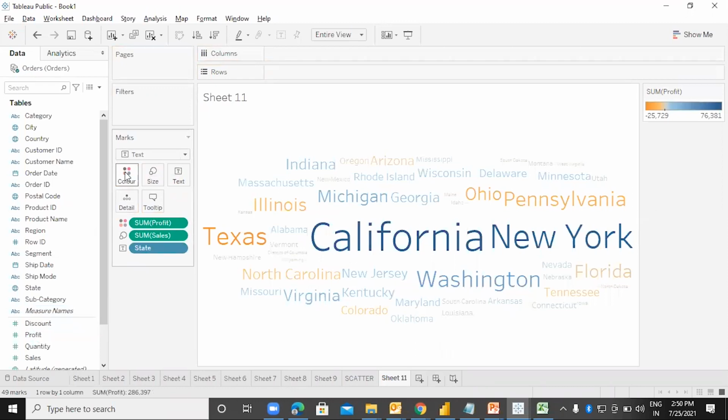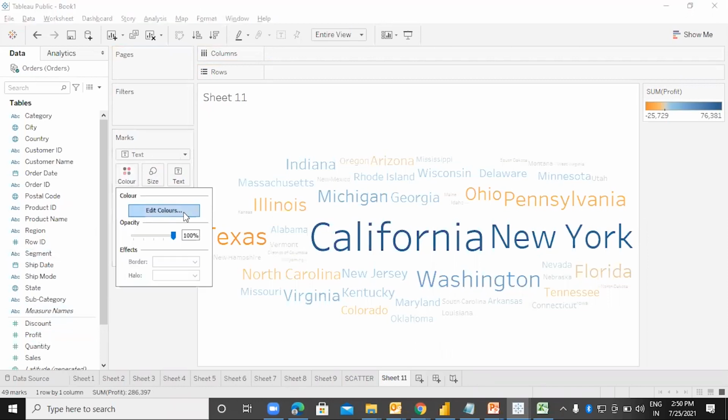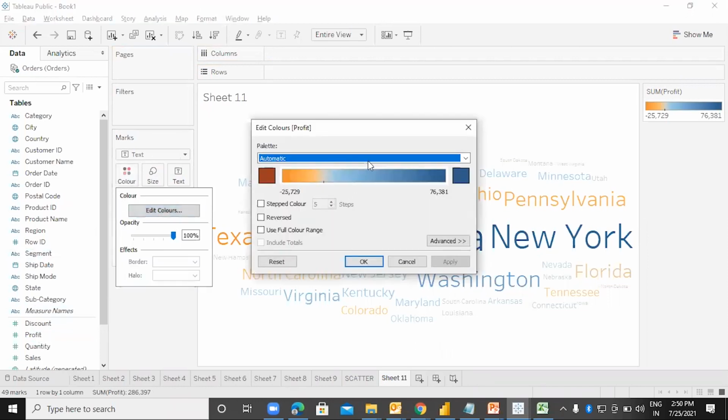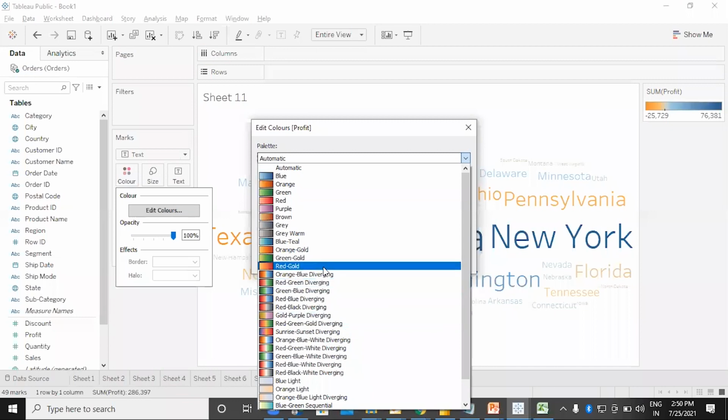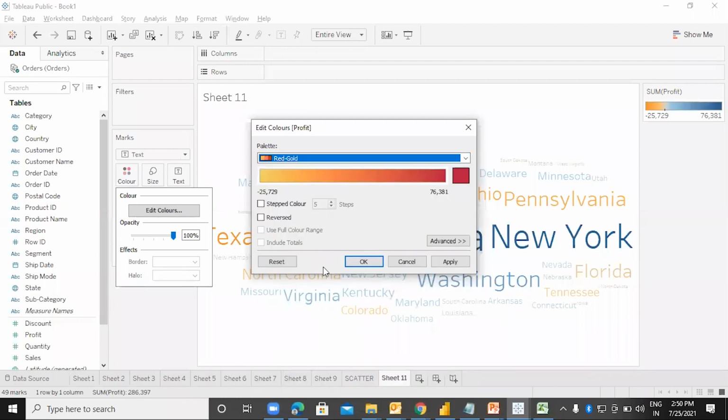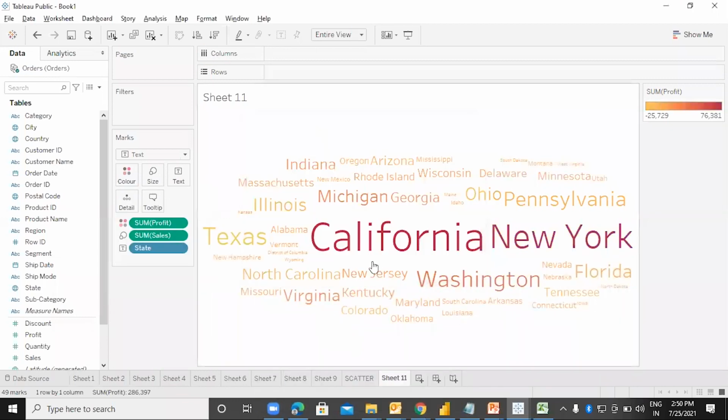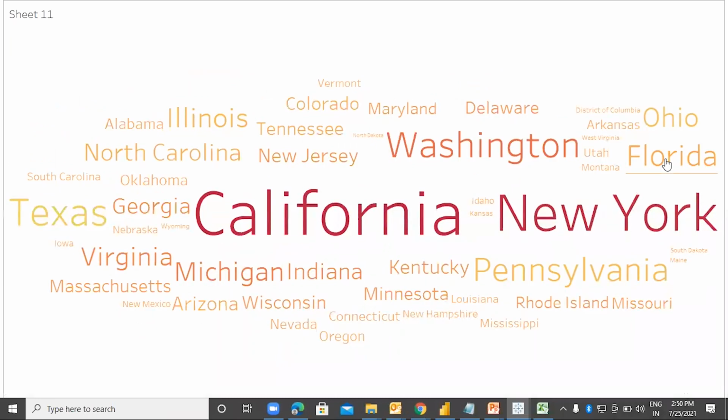We're getting the sales and the profit. Let's put some different color over here, which looks better. So we can edit the color, say apply and OK. Now, just look at this. And if I don't want this card, we should always remove the cards which are not required. And here it is what we are getting.